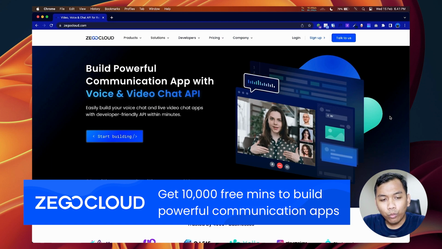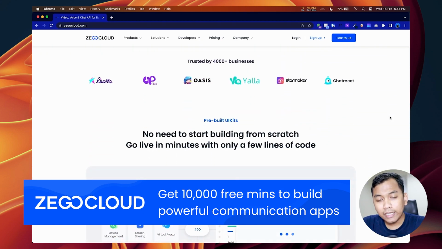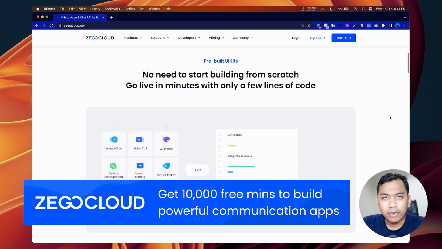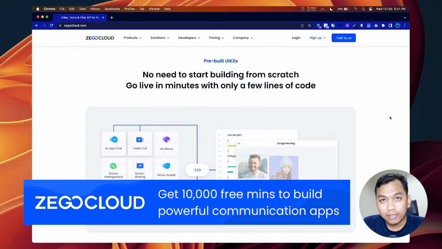With Zego Cloud, we can easily build voice, live video, live chat, live streaming apps, or others within minutes. And as we can see here, Zego Cloud is trusted by more than 4,000 businesses around the world. And the important thing Zego Cloud provides for us is called UI kits.